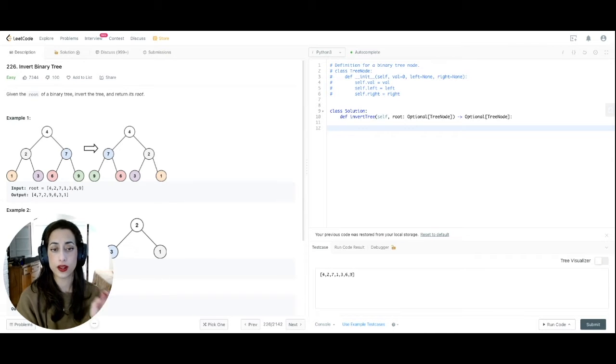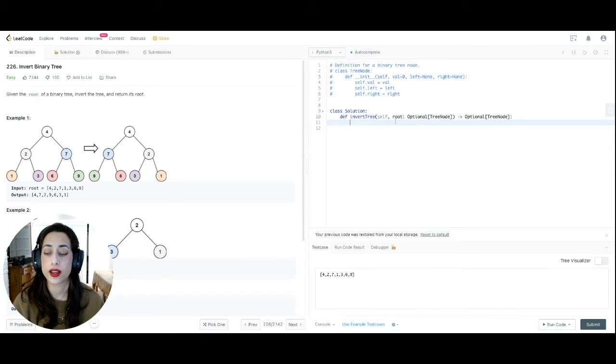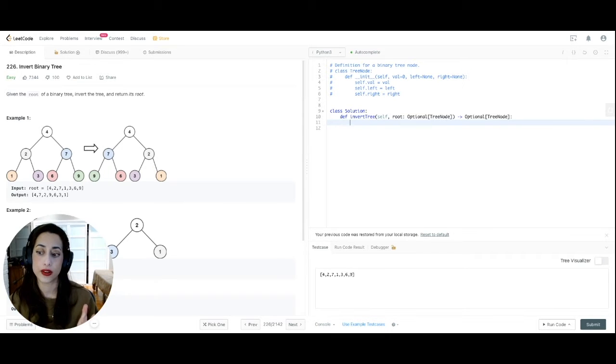If you just had a tree that consisted of one root with two children, then it would just be that same root, but with the children flipped. But we have to do it for the entire tree, so within each subtree, we're flipping every pair of children, right and left. So this could be done with depth first search,